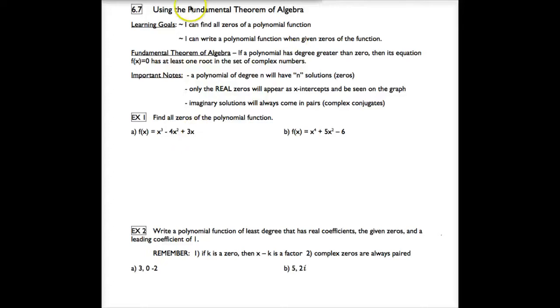Today we're going to be studying the Fundamental Theorem of Algebra. This is something that is really important for upper-level math. Just as important as the Pythagorean theorem was to geometry, the Fundamental Theorem of Algebra is to Algebra 2, Pre-Calc, as well as Calculus. We are going to use this theorem to help us find all zeros of a polynomial